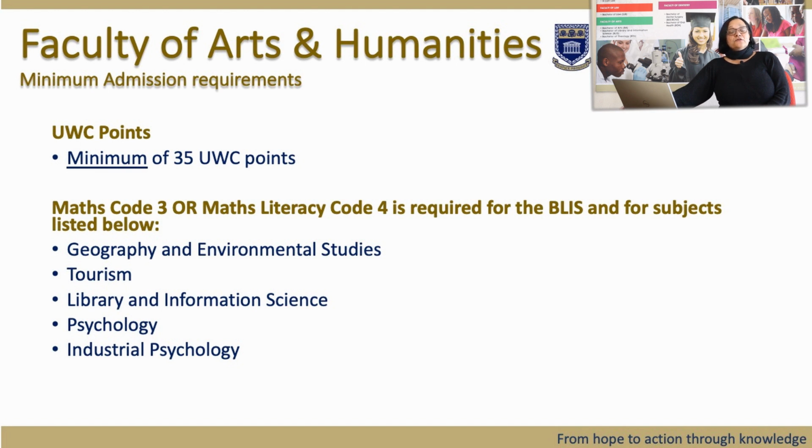That is required if you do the BLIS degree and for any of these subjects. So if you decide that in your Bachelor of Arts degree you want to specialize in, let's say, psychology, then you would need to have Maths Code 3 at a minimum, or Maths Literacy Code 4,